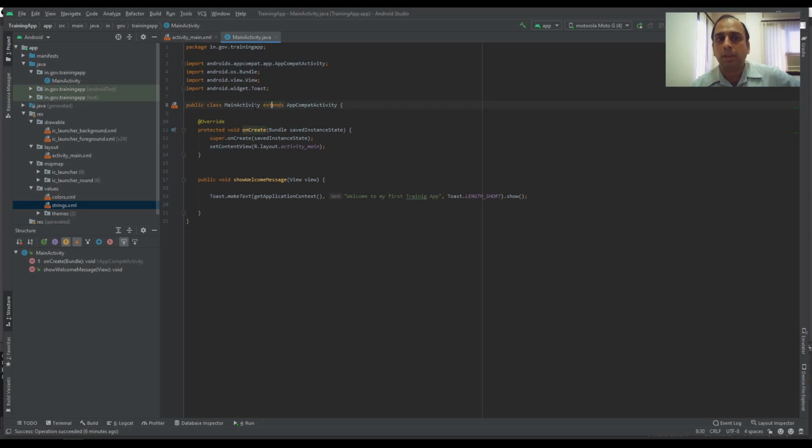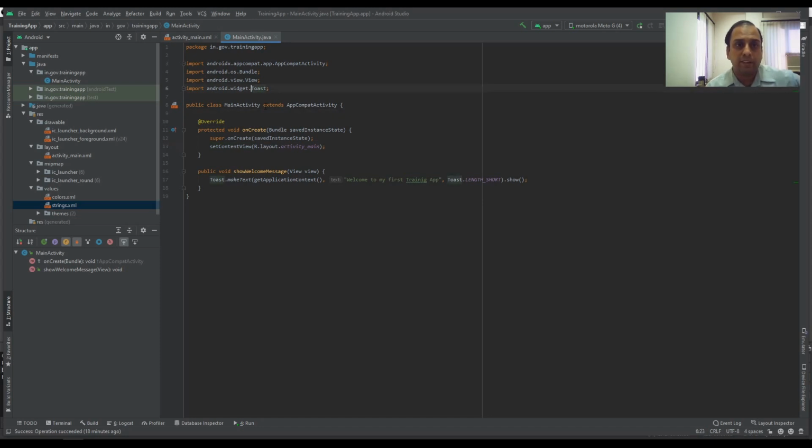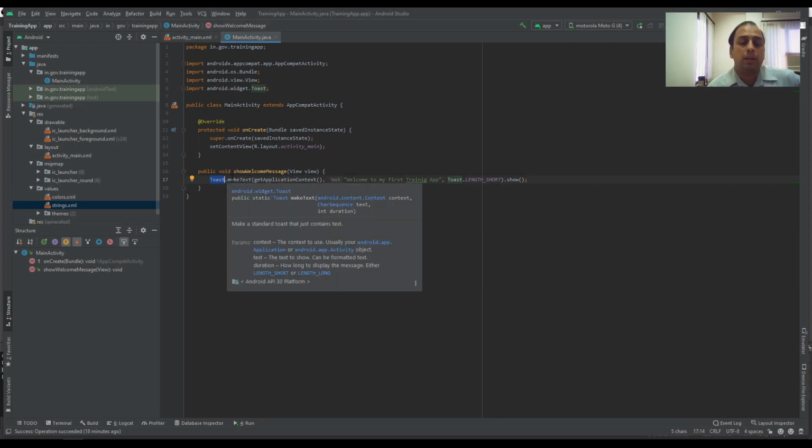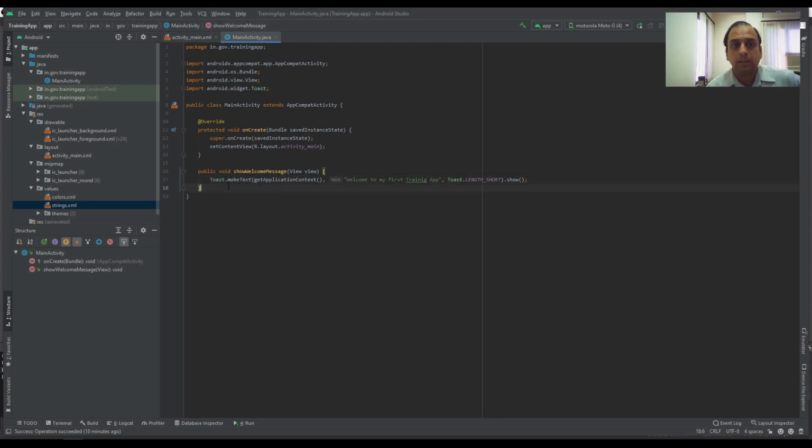And if there are multiple libraries available, for example if you have multiple definitions of, say, Toast, available in multiple libraries, then when you type this particular text, it will give you a suggestion of which one out of these 3 or 4 libraries you want to use. So you can just select that particular library, click it, and it will import directly and automatically. This is how it makes the programming part very easy, because you only have to focus on your main code and your main logic. Everything in the housekeeping part, Android Studio will take care of.